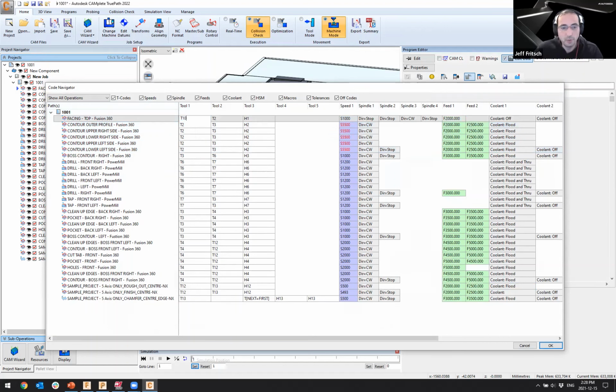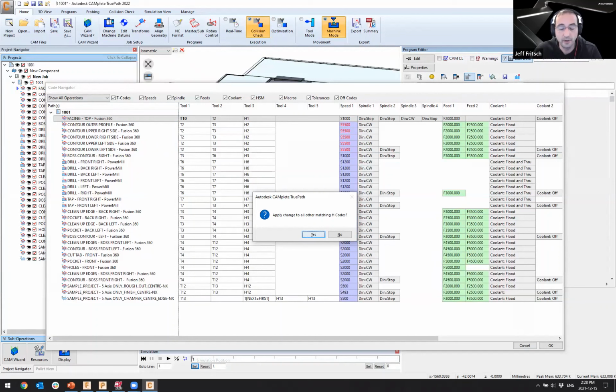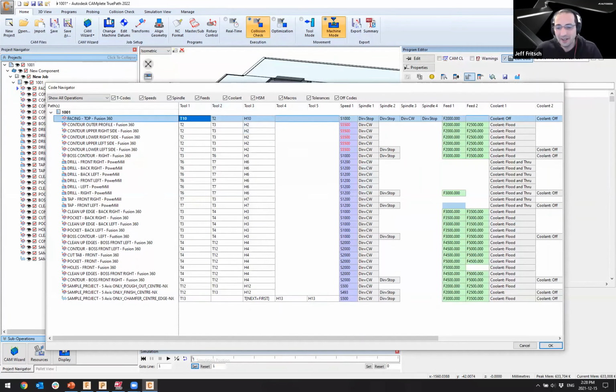If I was to change my tooling numbering like I did earlier on, chances are that would update our offsets as well. So there's my updated offsets. Turns out we forgot the coolant was actually turned off on the very first operation. And now we're really looking at all of those elements as how we're controlling the machine's behavior to the actual